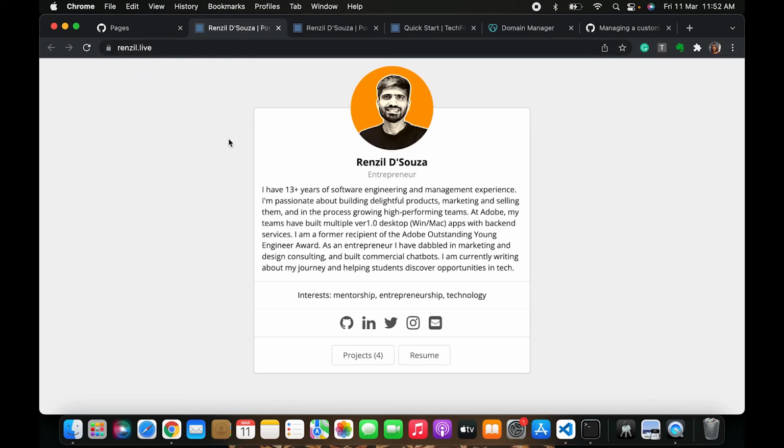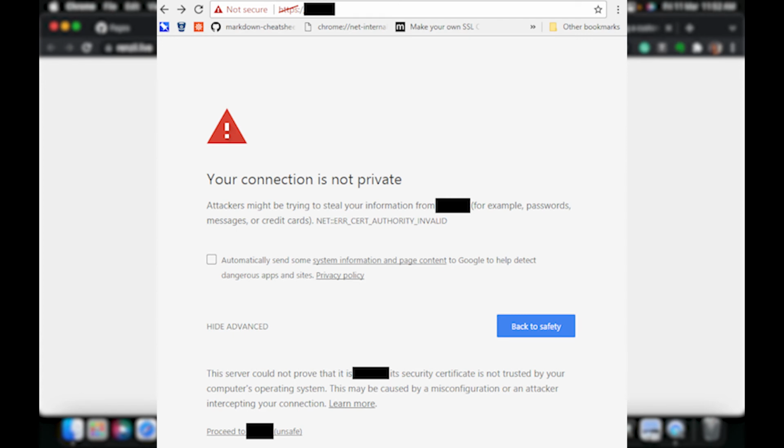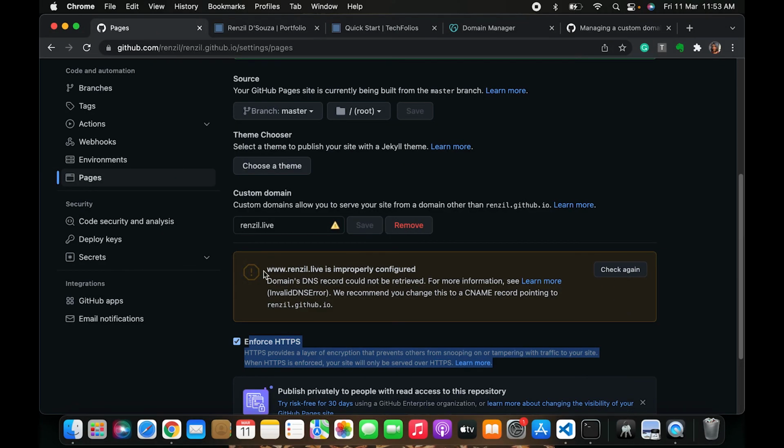So I just went to renzel.live, and you can see that it is showing me my website in the browser, exactly as I designed it. You can also see in my case I'm getting a padlock because the SSL has been configured, HTTPS has been configured. So you may not see this padlock. You may in fact get a browser warning message saying, do you trust this site, and it doesn't have a valid certificate, etc. There is a way to still go ahead and preview the website. So you can just click that and preview it. But you can also see here that